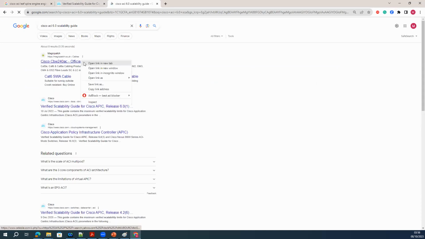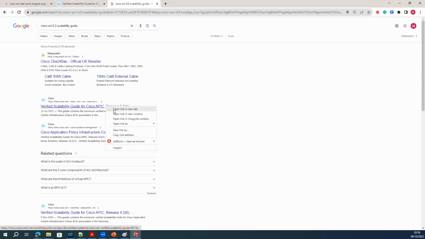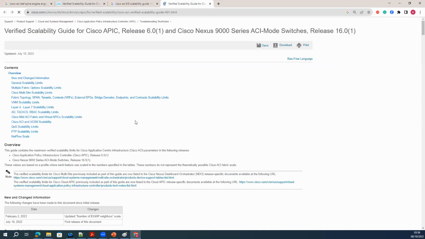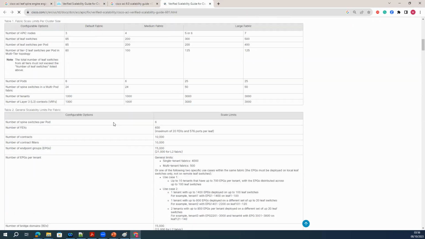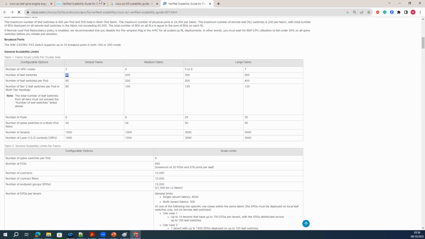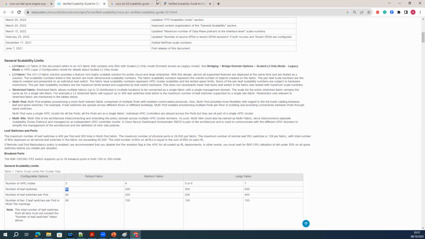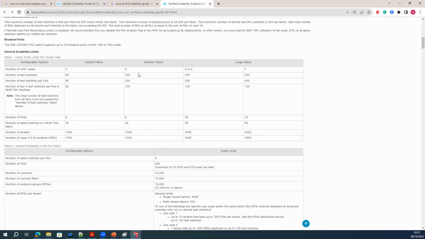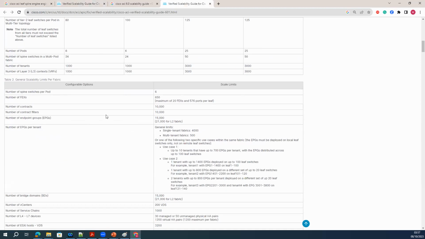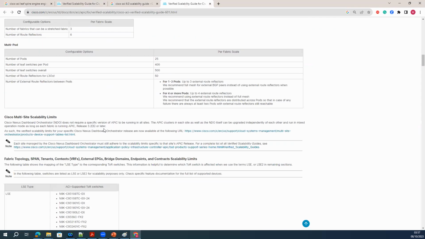Cisco ACI 6.0 scalability guide. In every release, you will get a different scalability enhancement. You can see the number is 85. Previously, it was 80, right? 80. So in every release, the number will be totally changed. So if I go to here, the number of ports is 25 now.